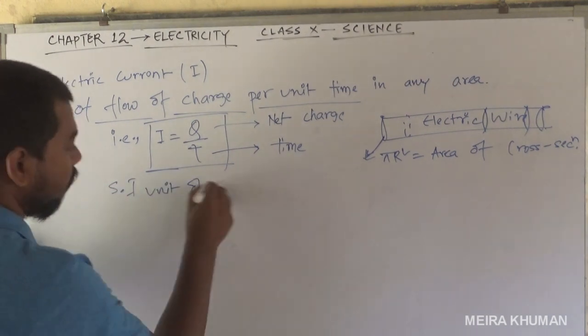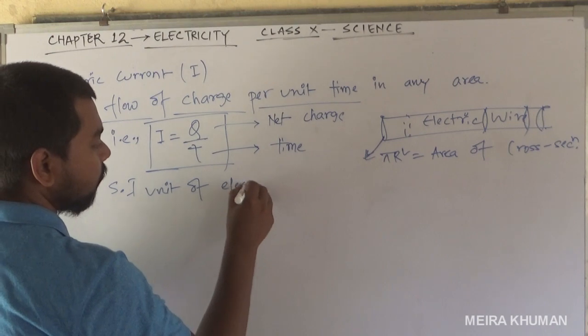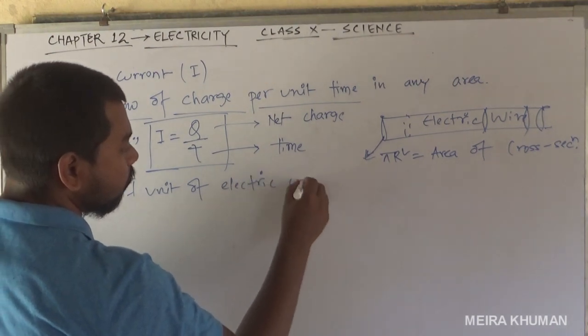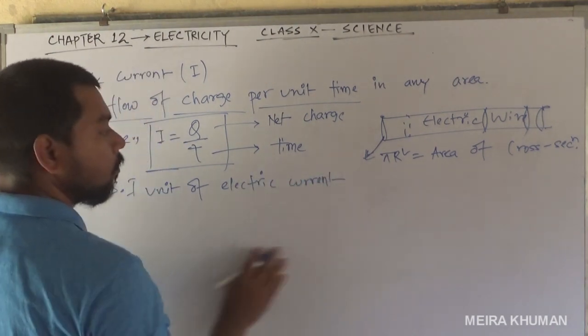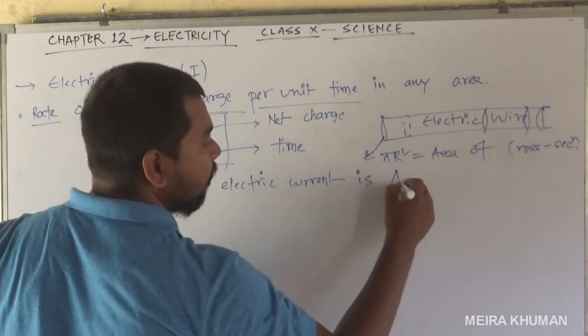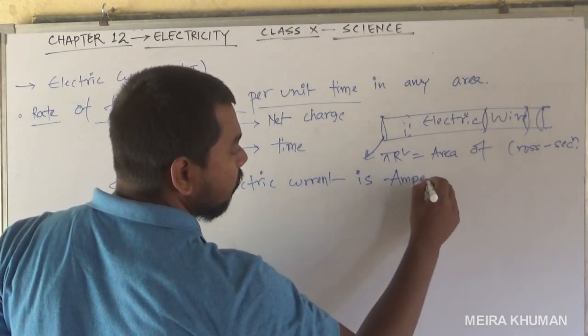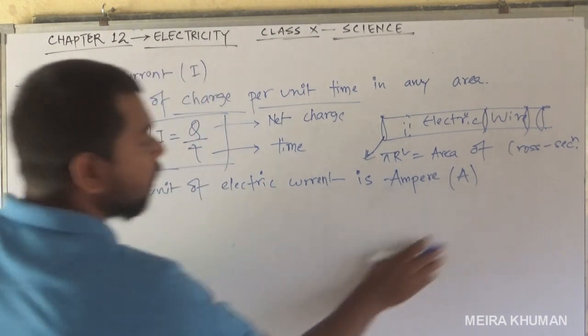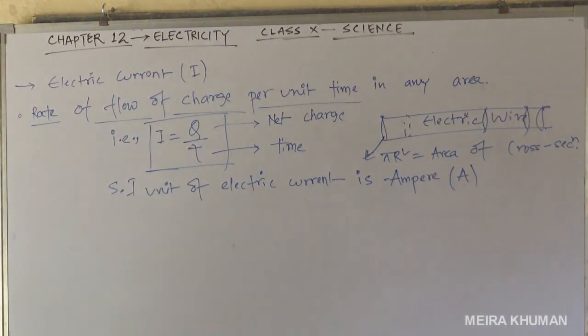The SI unit of electric current is the ampere. The symbol is capital A. Clear that much? So